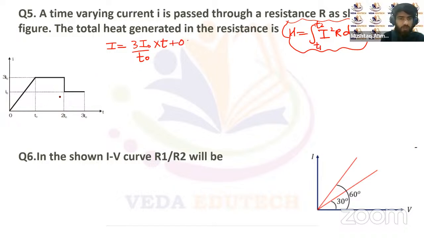And the rest of the currents are constant here. So we have to integrate this portion first. We'll integrate it from 0 to t naught first, to calculate the heat. Let's suppose the heat generated is H1, and this heat will be